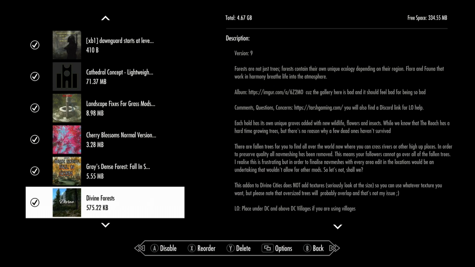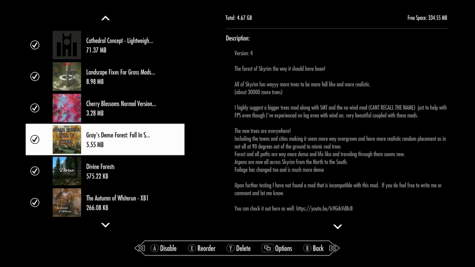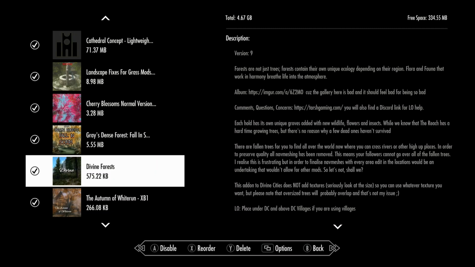Okay, so then it was fun. My tree experiment worked, which I liked. I did the cherry blossoms. Now, in putting it in this load order, the cherry blossoms basically replace most of your vanilla aspens. Okay, but then I used Gray's Dense Forest, which adds a lot of aspens, and it's very cool. And so then that gave me a mix of cherry blossoms and aspens, and then I used Divine Forest, which